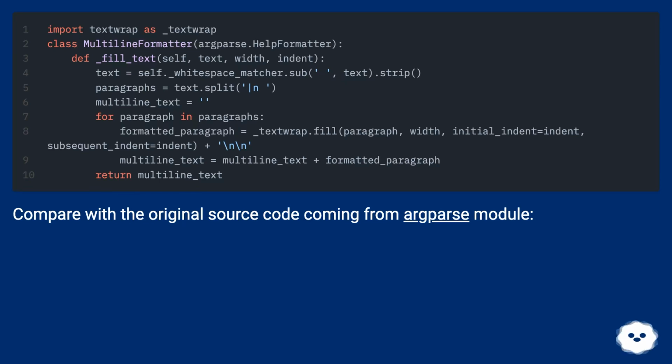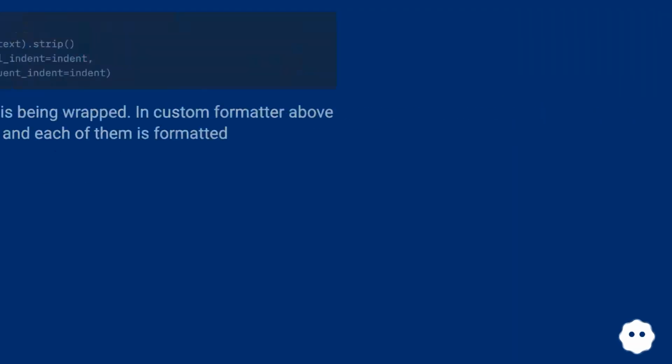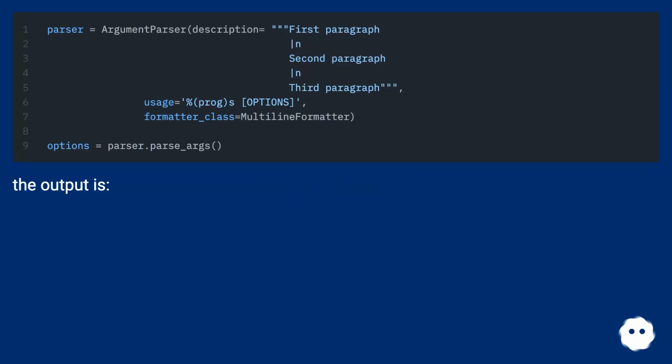Compare with the original source code coming from the Argparse module. In the original code, the whole description is being wrapped. In the custom formatter above, the whole text is split into several chunks, and each of them is formatted independently. So with the aid of the custom formatter, the output is